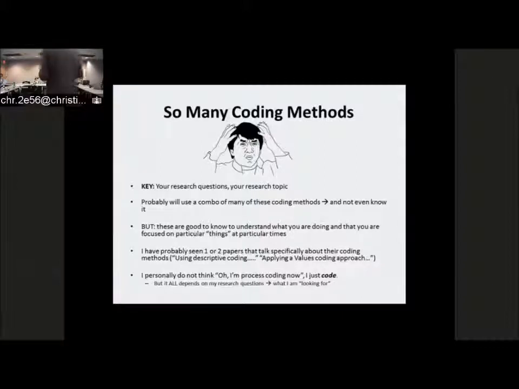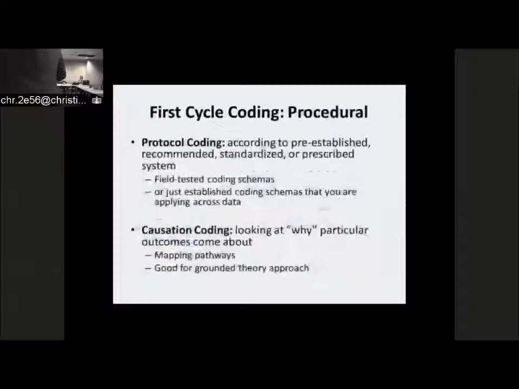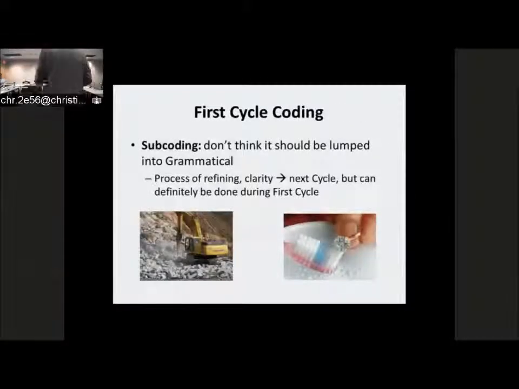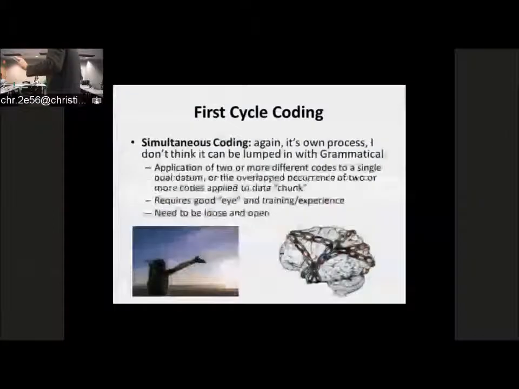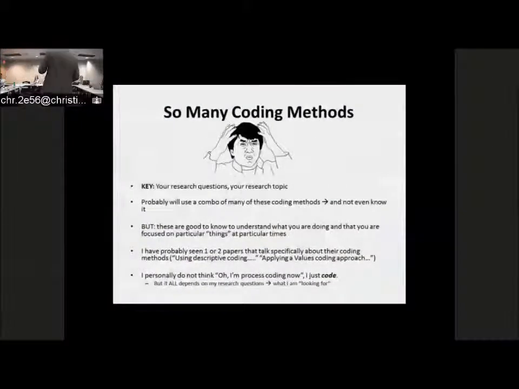I'll put it this way: I haven't seen that many articles, except for those appearing specifically in explicit qualitative methods journals, that go into protocol coding and then causation coding. I've just heard primary coding, secondary coding, that kind of thing, right? So I also don't use that language myself. Now, in vivo coding, I have heard. Descriptive coding, sure. So some of these you'll see occasionally,